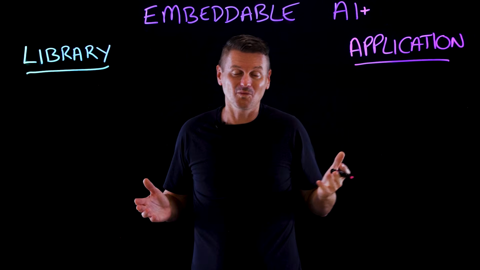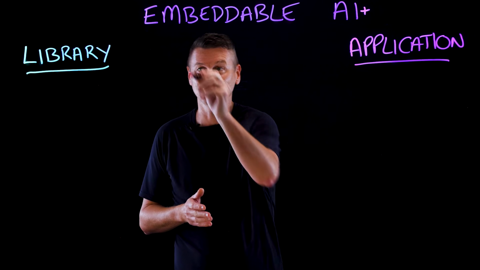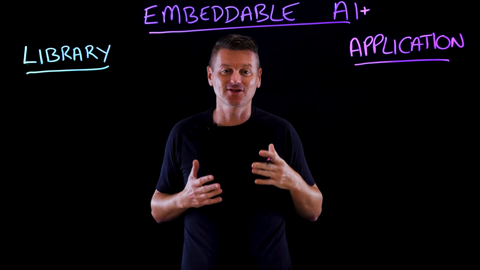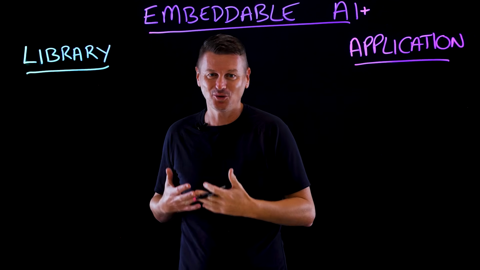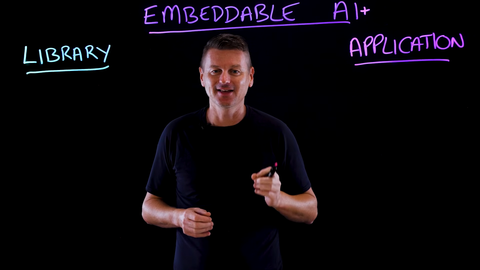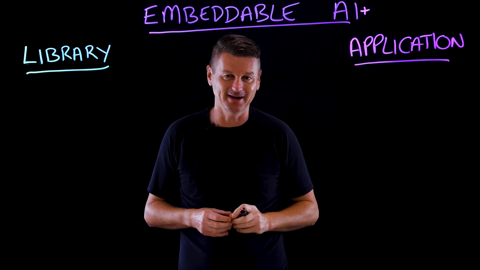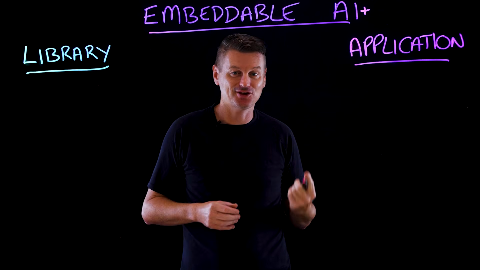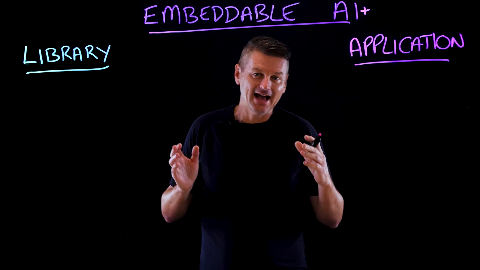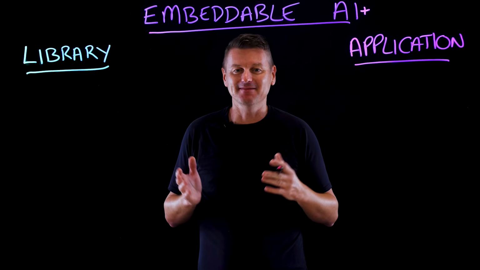Well, one way to think of that is through something called embeddable AI. Embeddable AI goes beyond just experimenting with AI tools and models. It involves infusing AI easily into the core of your solutions to make them more intelligent, more efficient, more intuitive, and to automate them. And how can we define embeddable AI?